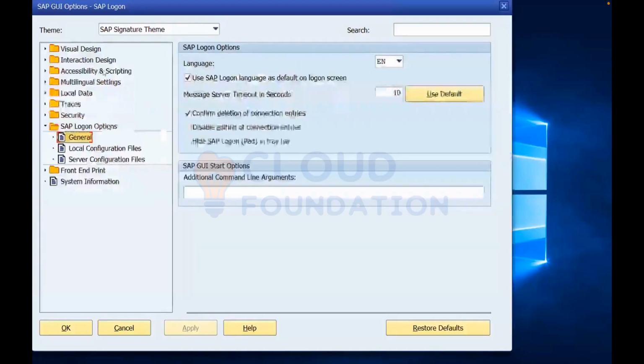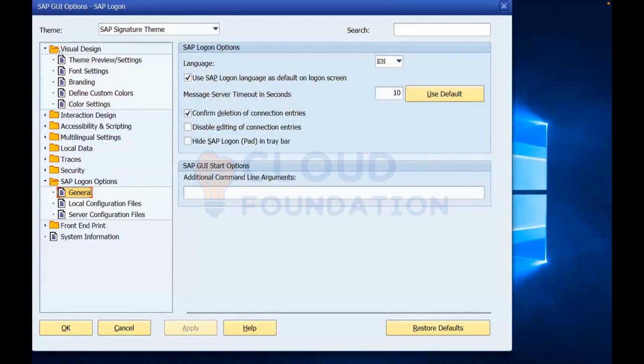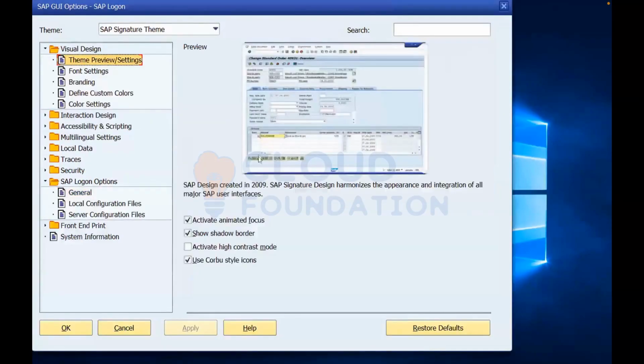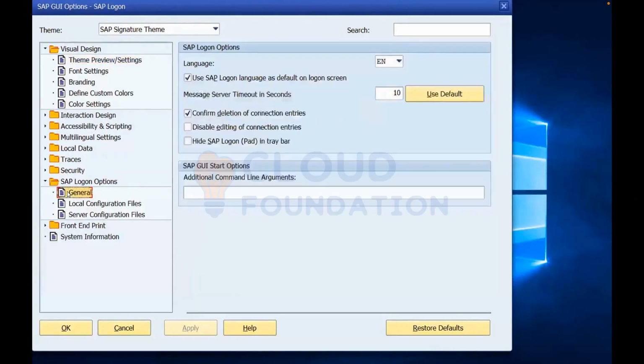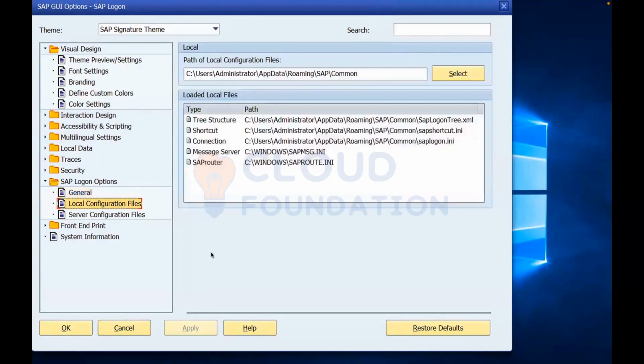You can go to the visual design and see the theme. Apart from the theme you have a lot of other options, like you can change the font. There are a lot of configuration files: SAP Router, SAP Logon ini file.